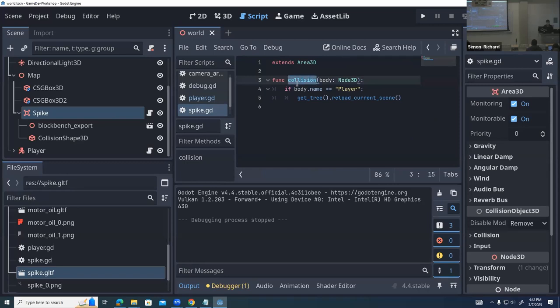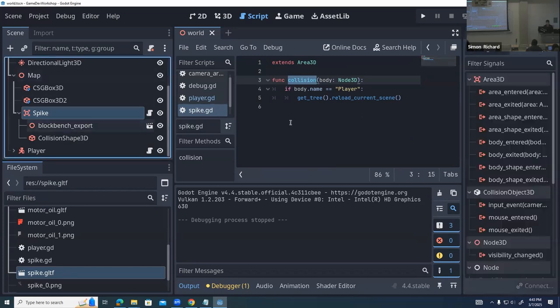So this is just a custom function I defined because there's no callback for when something collides with an Area3D. What we have to do for that is use what's called a signal. So if I choose the spike,